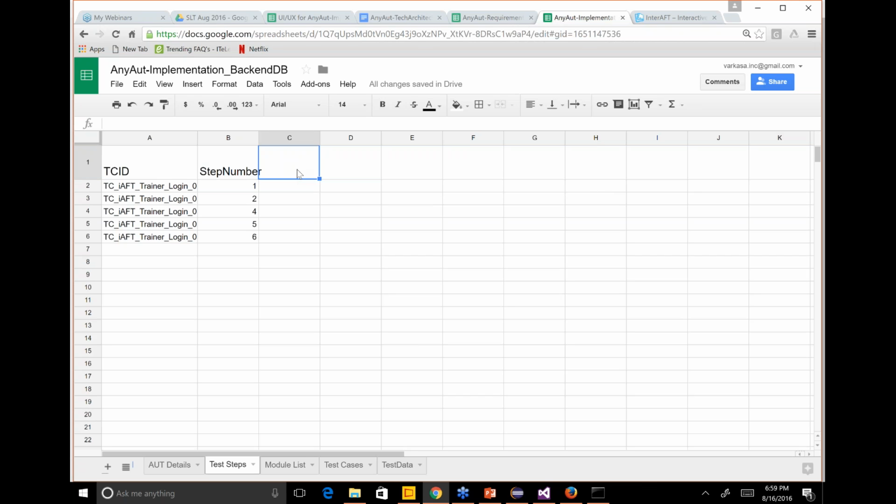Step detail, yes, as to what that step will do. For example, open a browser. Okay. Then what else shall I say? Go to the home page. Then click on login. Then we enter username. Then we enter